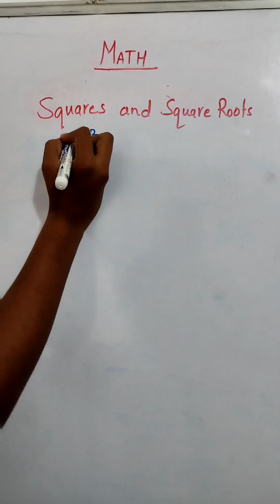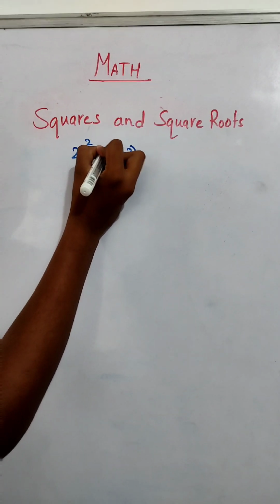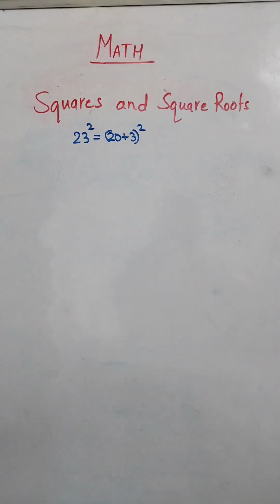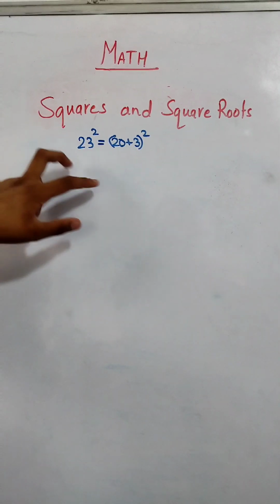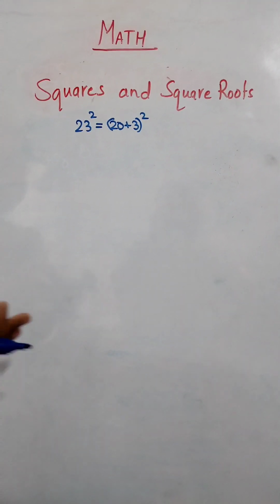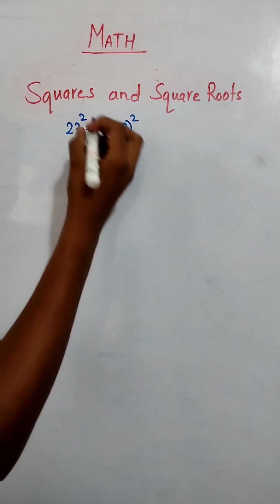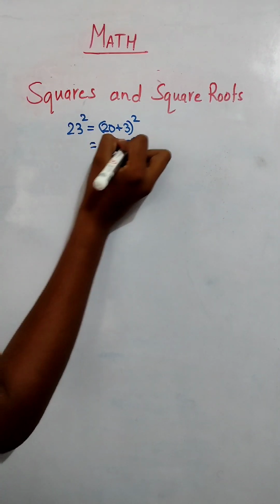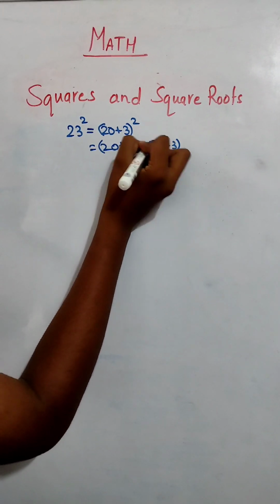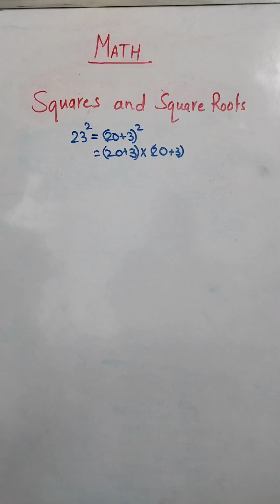So we can simplify 23 as 20 plus 3 whole square. We know that because 20 and 3 add up, and by squaring it in a whole way, it's equal to both, and they both are balanced. That is, they don't have any differences between themselves. Their answers are the same. We can again simplify this as 20 plus 3 whole into 20 plus 3 whole. So you can see that it's simplifying all easier, and now we can apply the